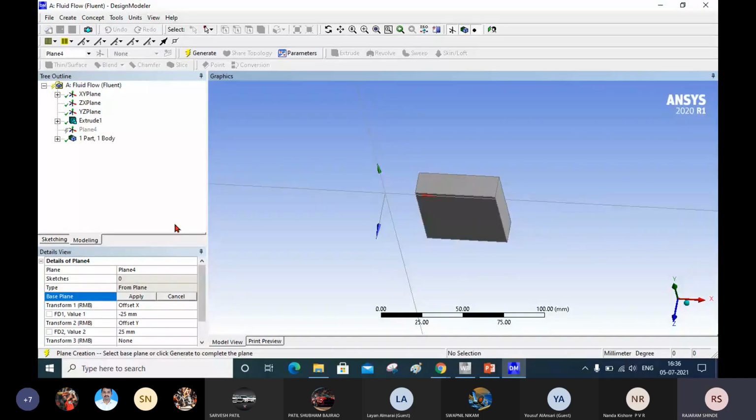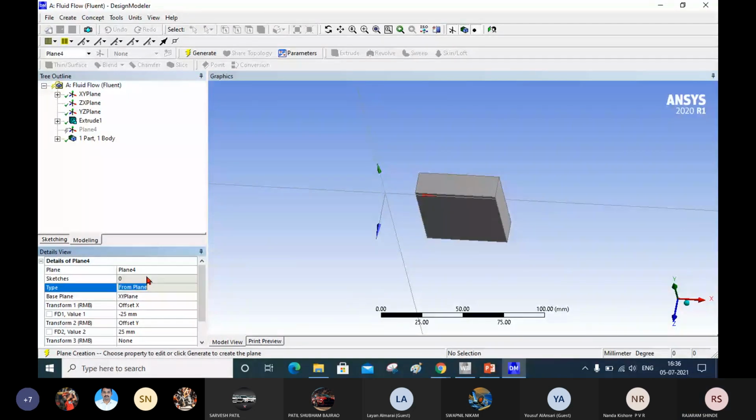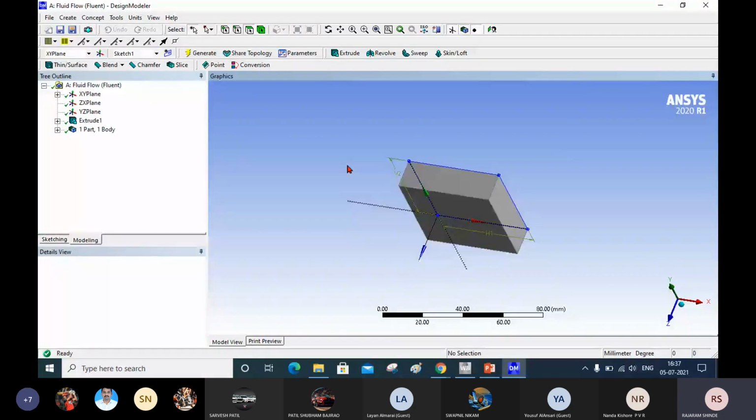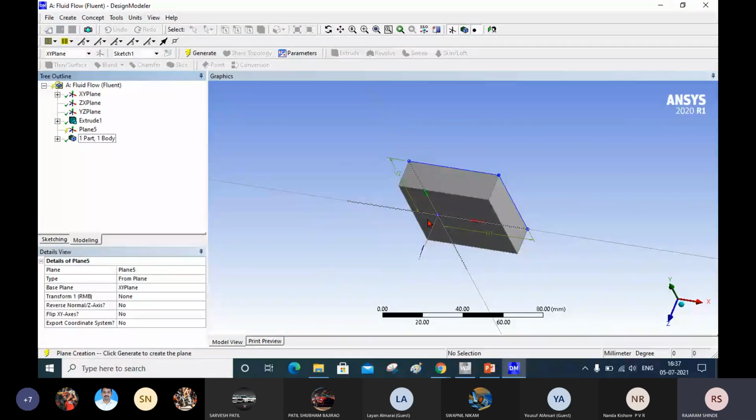Okay, I will cancel it. I will delete it. Now I will select this as a top plane. Okay, then it will create. Now go to select plane. Now plane 5 is added here.